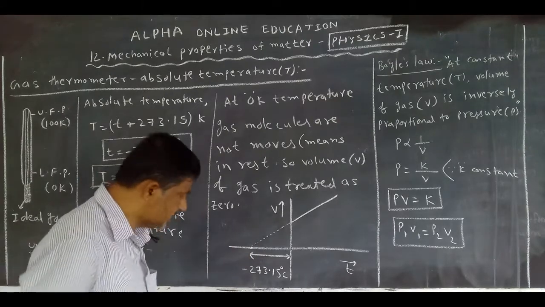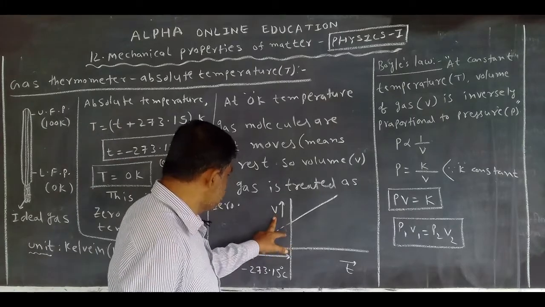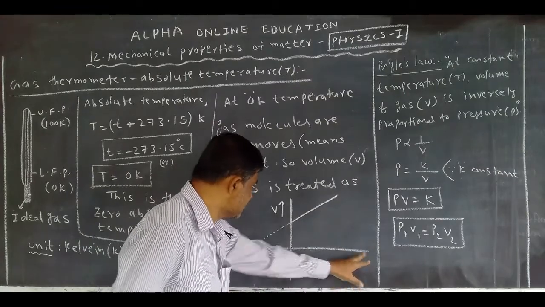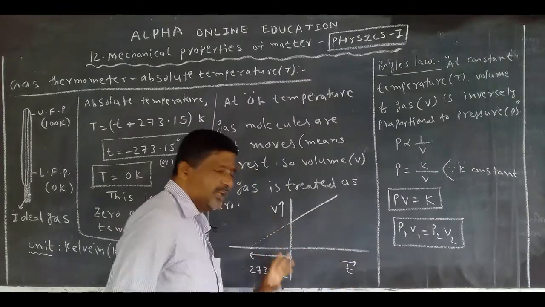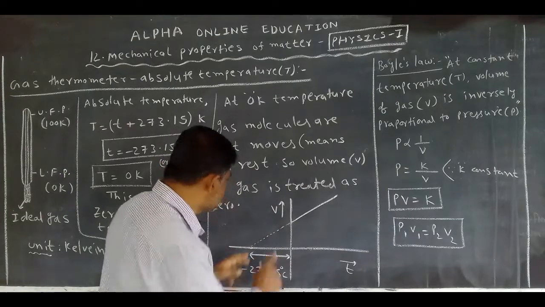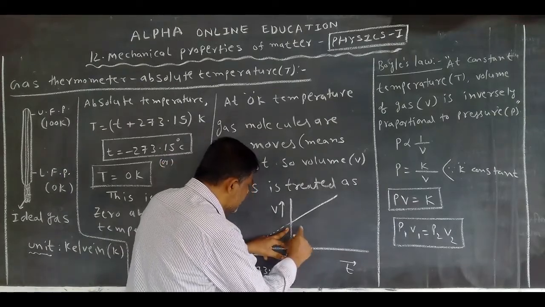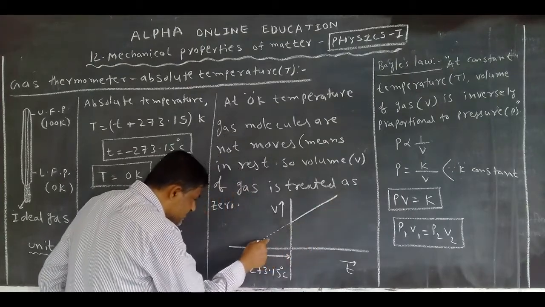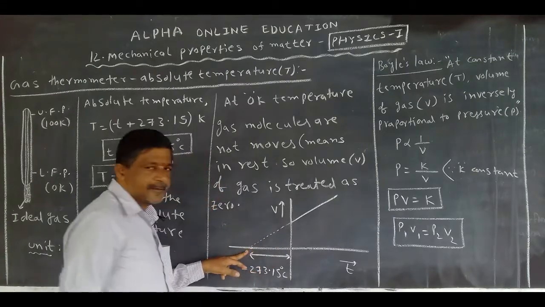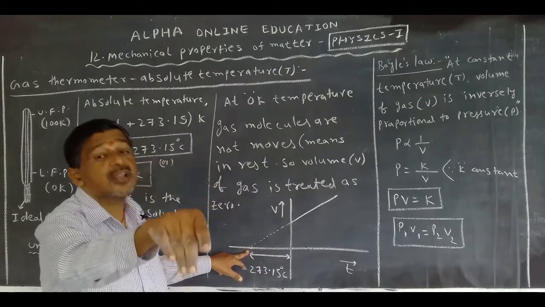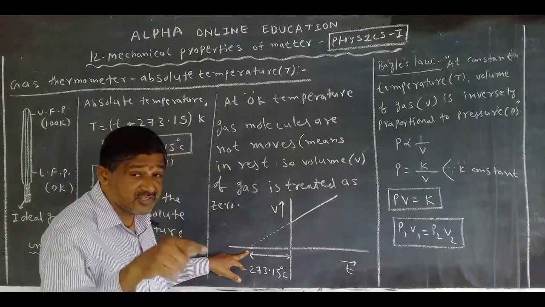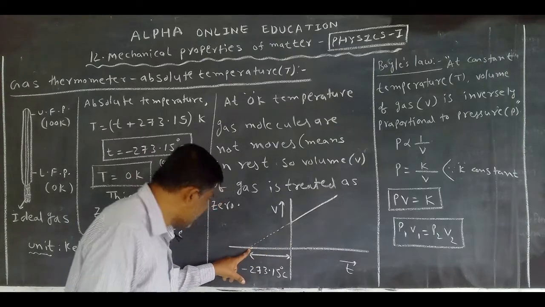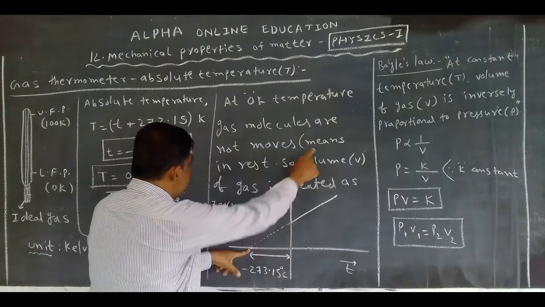If we plot the graph of volume versus temperature, with temperature along the x-axis and volume along the y-axis. Let us take 1 liter of a gas. When the temperature increases, the volume of the gas increases. When the temperature decreases, at this temperature the gas molecules do not move, but the volume is not 0. At which temperature the gas molecules do not move, meaning at rest,